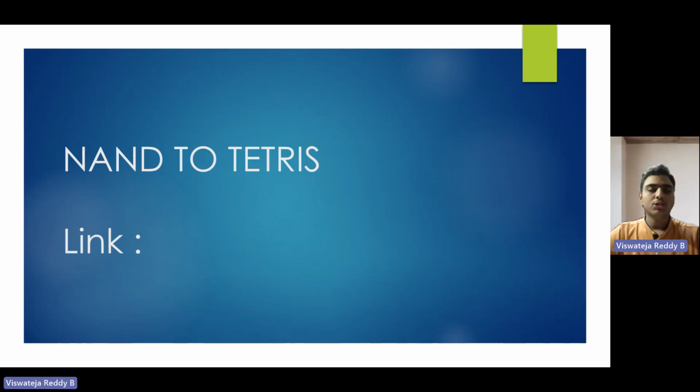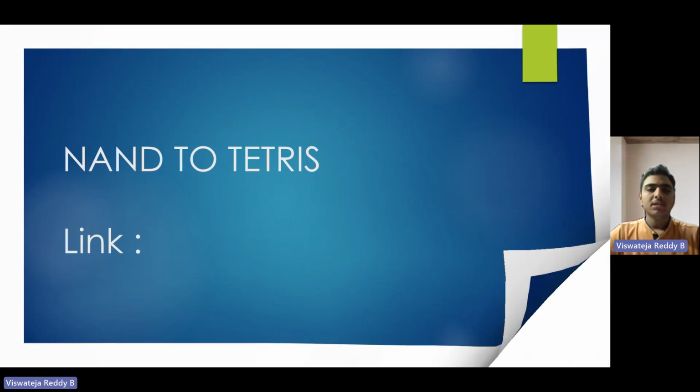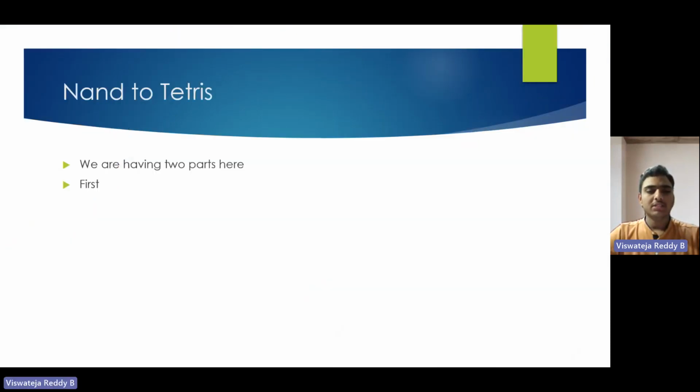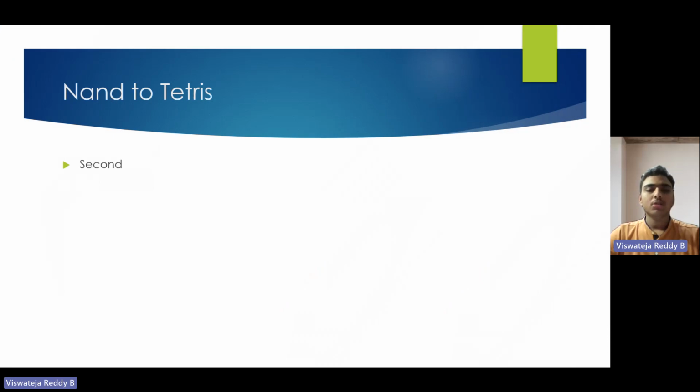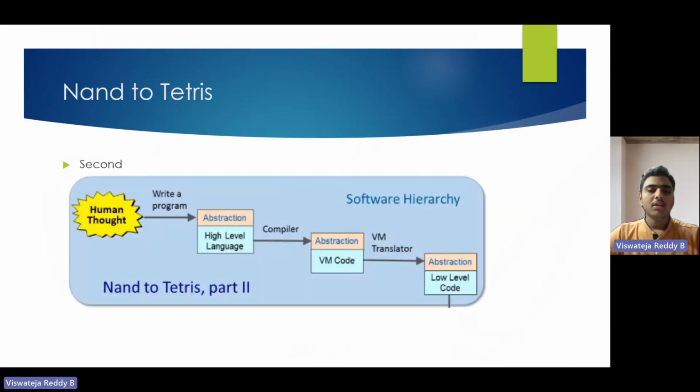In this project, we are going to discuss Nand to Tetris. Basically, in Nand to Tetris, we have two parts. First part is the hardware platform, where we have computer architecture, CPU, RAM, chipset, and elementary logic gates, which will combinedly form a basic electrical engineering project. Then second, we have the software hierarchy, where the human code will be executed by converting the high level program to low level program and then transferred to the